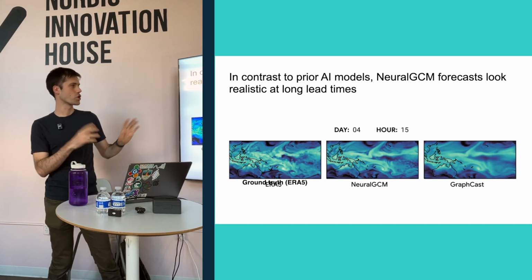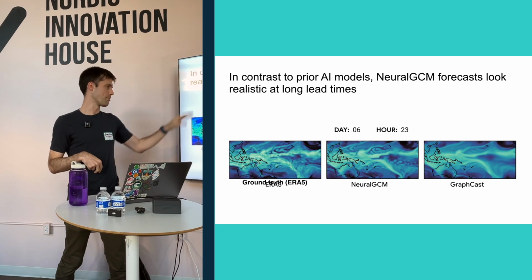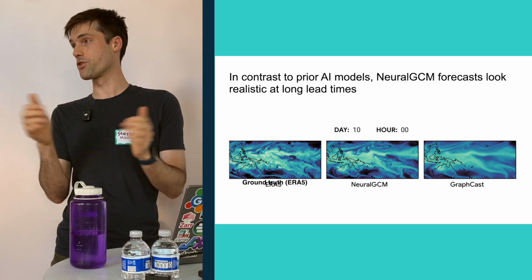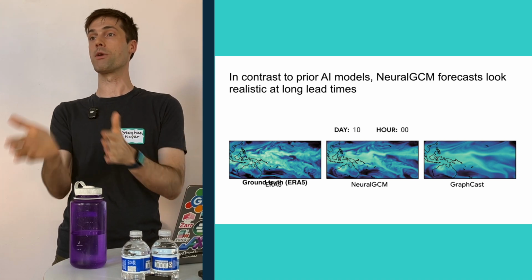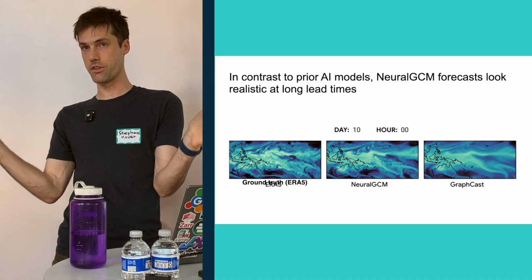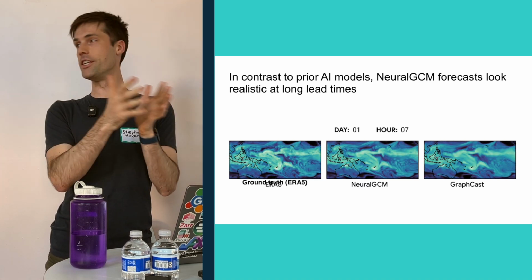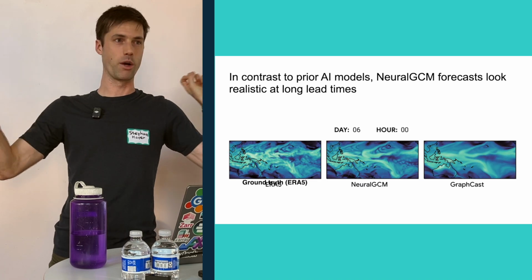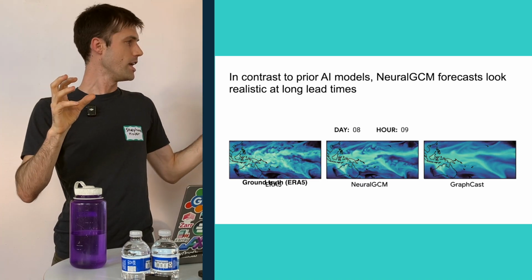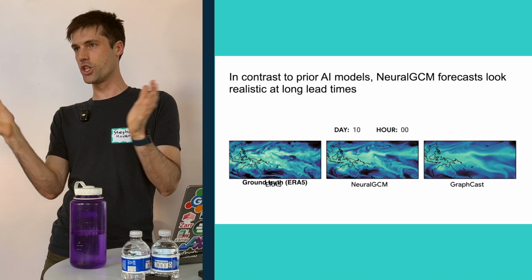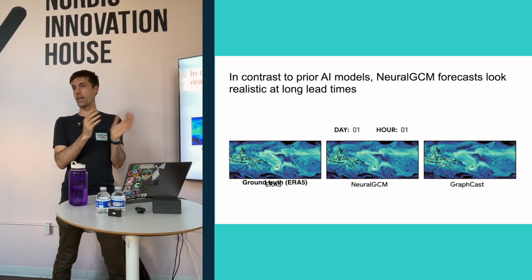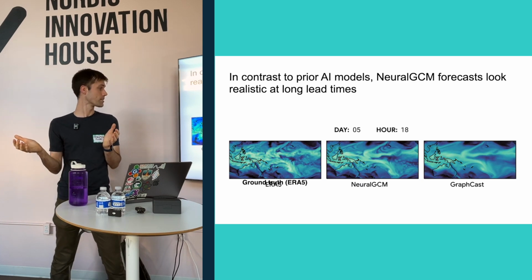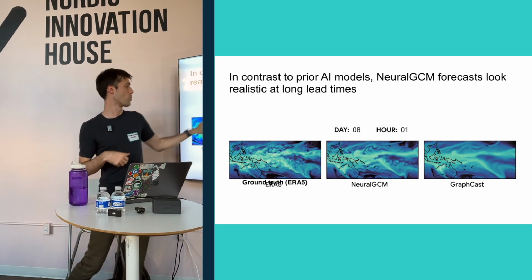In NeuralGCM, in contrast, we did a bunch of tricks, which I can tell you about later, but part of that is that we can make ensemble weather forecasts, representing the whole range of different scenarios. So we don't just make one prediction, we predict a whole range of scenarios of what might happen, and they can all be very sharp, realistic-looking examples of weather with good weather systems, clouds and hurricanes. Even if you don't get any of them right, on average they have a very good prediction. That's the secret to how we're able to make these physically realistic and very high-quality weather forecasts that qualitatively look a lot more like weather.